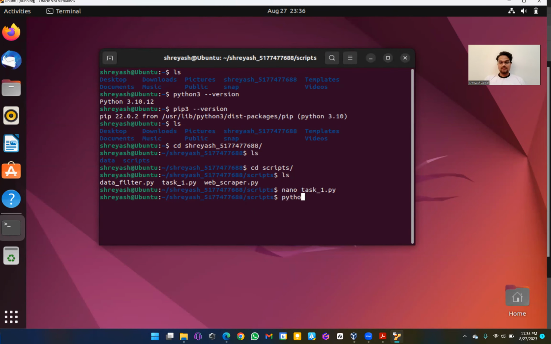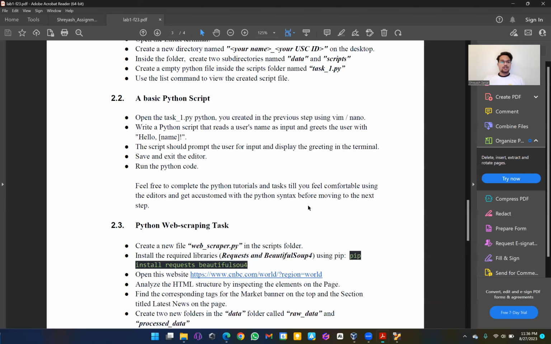So to run this program, I will type python and the file name, and you can see it's asking me my name. Let me see the basic program that I've run. After that,